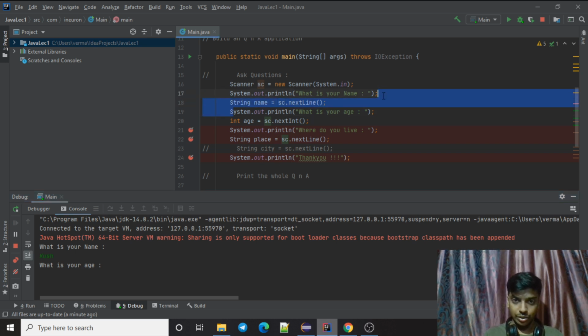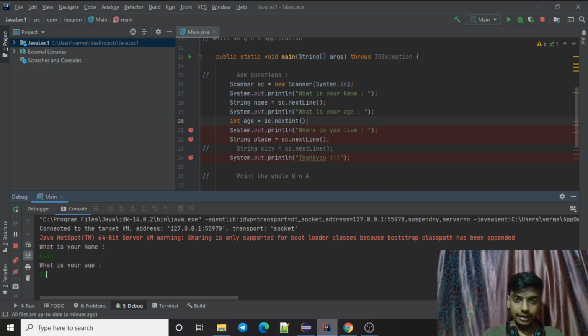This line executed. This, and then it comes to this line. Once this executed, it is waiting for an input from the user, which would be 23 in my case. Then I'll hit enter. This 23 would be loaded to this age variable, and then it will execute this line. And because it has a debugger point here, before executing it, it will stop.